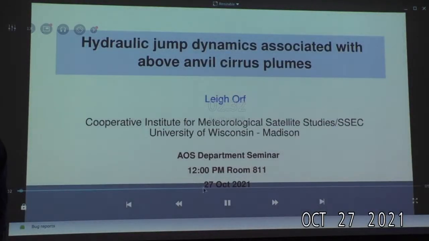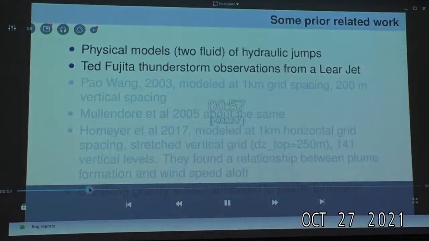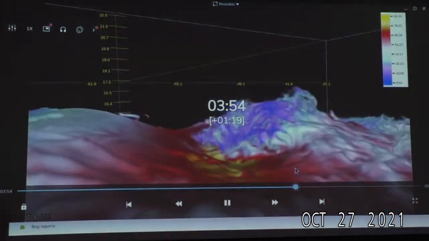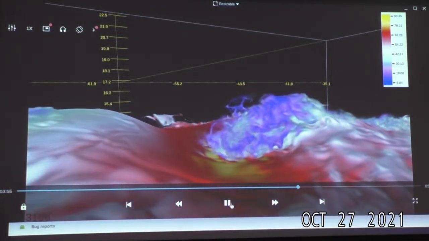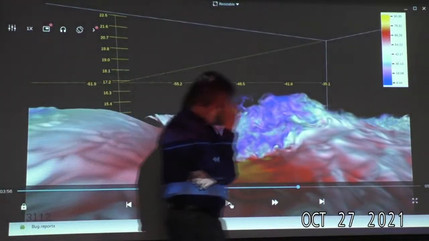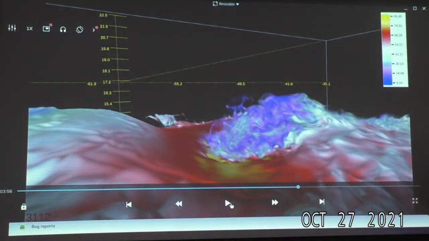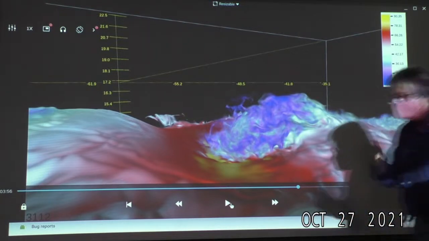So any questions, any parts you want me to go over again? Greg, go ahead. Have you looked for a relationship between the equivalent potential temperature in the updraft and the eventual level that the moisture comes to reside at? Is the moisture actually being transported to higher potential temperatures than you would find in the updraft, in which case there must be some diabatic process that's warming it.